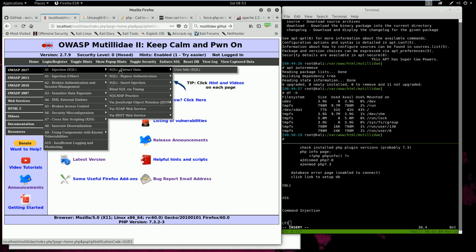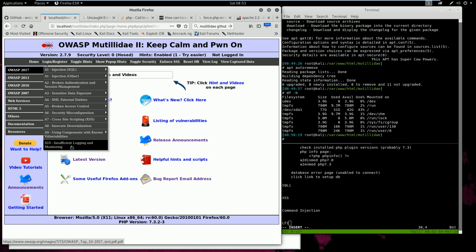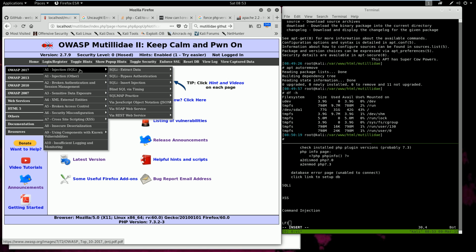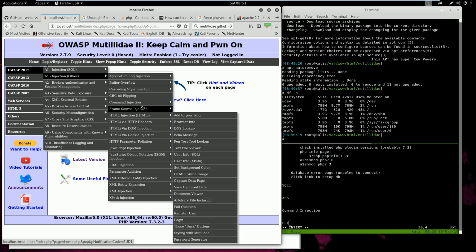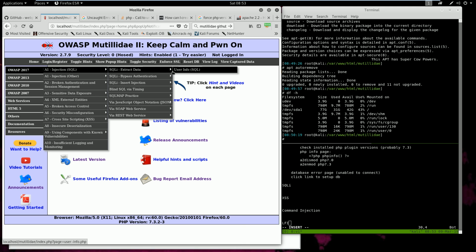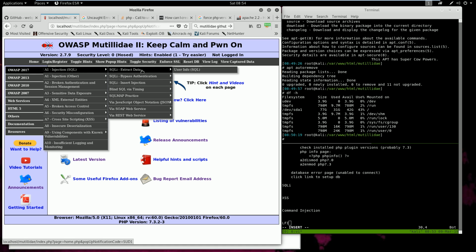So, let's start off with SQL injection. So we'll go to, and this is what I love about Mutillidae. If you haven't seen Mutillidae before, it's all broken out to the OWASP top 10, right? And underneath each OWASP top 10, for instance, we've got injection, SQL, or injection's the big one, right? So it broke it out between SQL and other things. So there's command injection and XXE and stuff like this. It breaks it out by each one. So underneath SQL injection, it has a bunch of different types of SQL injection, and all these vulnerabilities are just ready to go, right? So I love using these for demonstrations because I don't have to code up an entire web app and rewrite the vulnerabilities and all this stuff. I can just